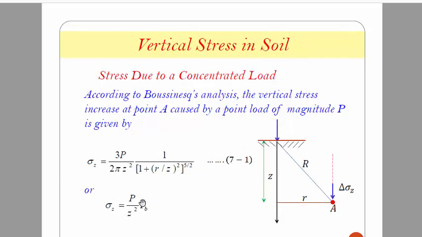Put your IB value, 0.3463, the load value P and the Z value, and calculate the stress due to the concentrated load. Students, in your PTO examination they are asking some questions, and I am also giving some questions. A simple point P load, a concentrated load, is given along with the R value and Z value, and they ask you to calculate the influence factor according to the table or by its proper geometry and expression, and calculate the vertical stress of the soil.